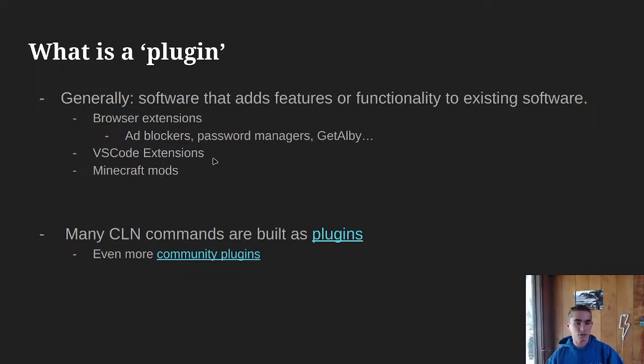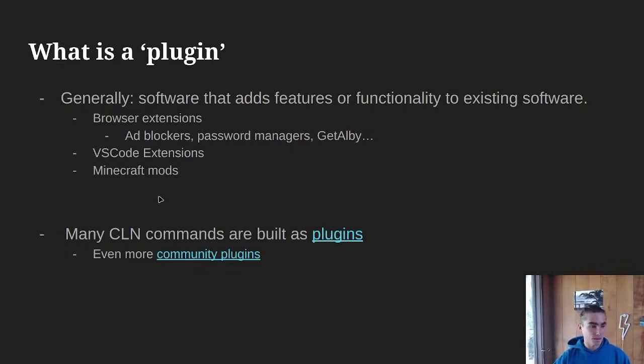Browser extensions can be thought of as browser plugins, like an ad blocker, password managers, or something like GetAlby, where it's integrated right into your browser, and now your browser has more functionality. VS Code extensions that add maybe linting or auto completion, things like that, or even a Minecraft mod could be thought of as a plugin, because you're adding extra software into the game,